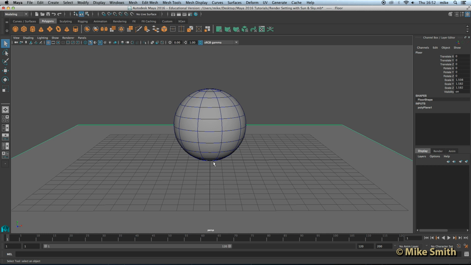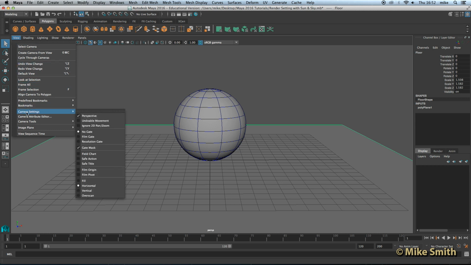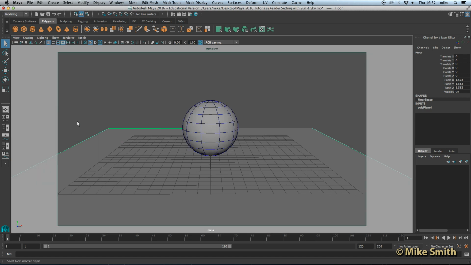The next thing is to set up what we call a resolution gate, so we know exactly what's going to be in the render. Underneath your shelf you have View, and in there you have Camera Settings, and then you've got Resolution Gate. To turn the gate off, just select No Gate afterwards. So I'll go ahead and click on Resolution Gate, and now we can see exactly what will appear in the